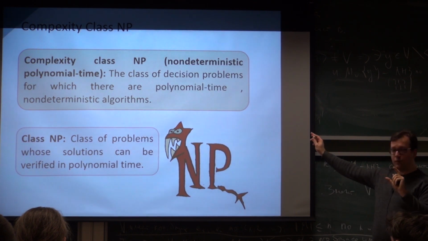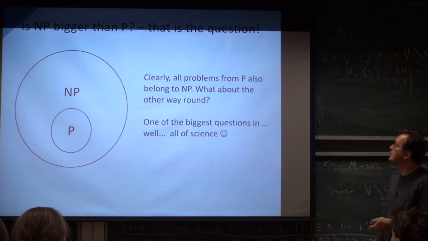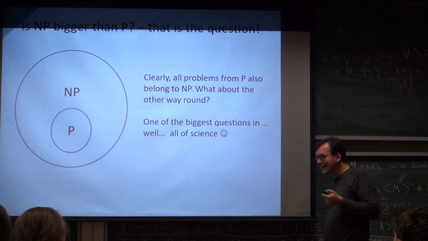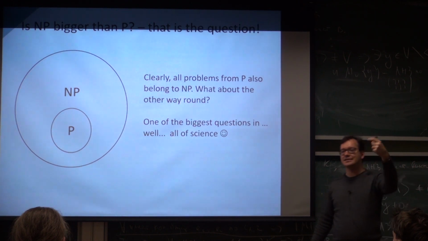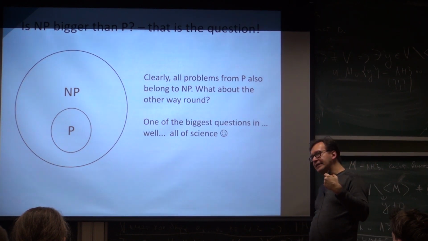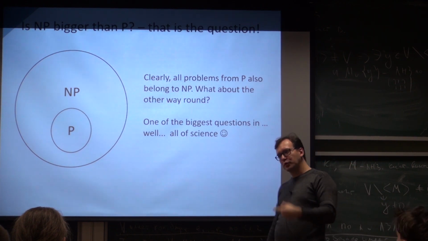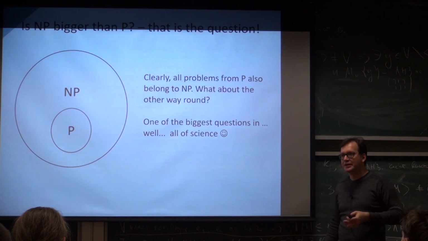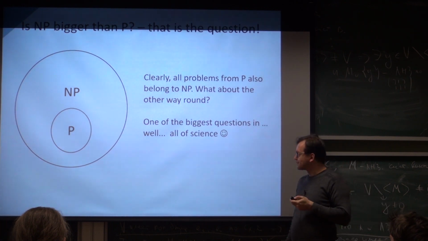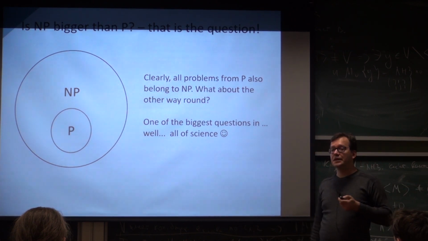Okay, so we have explained what NP is. We also need to explain what NP-complete is. And to this end, the problem is that no one knows if P equals NP. And some people would say that NP is this class where we can verify answers. So maybe if P was equal to NP, then there would be an easy way to verify the proof that P is equal to NP, and we could do it, and we haven't done it for the last 30 or 40 years, so therefore they must be different. This is of course not a formal argument. Some people simply say that. But so far, essentially, pretty much everyone in computer science believes that P is different from NP, and there is